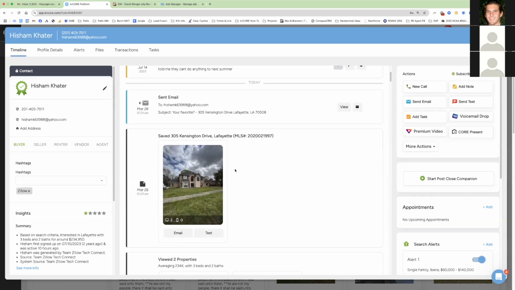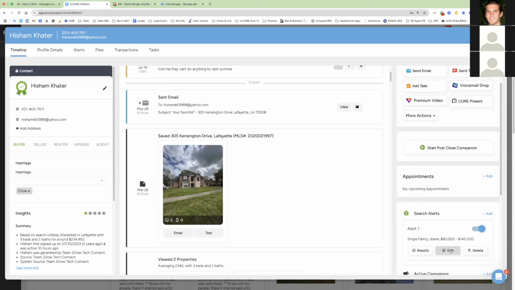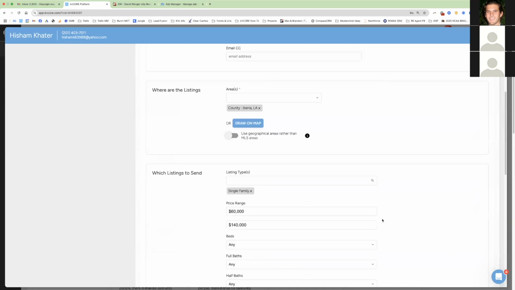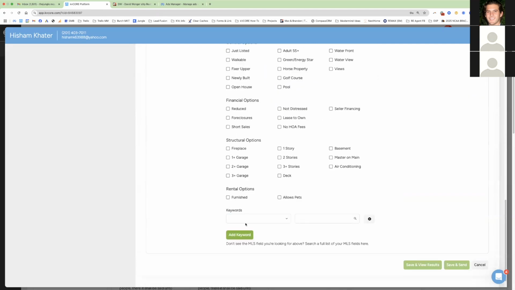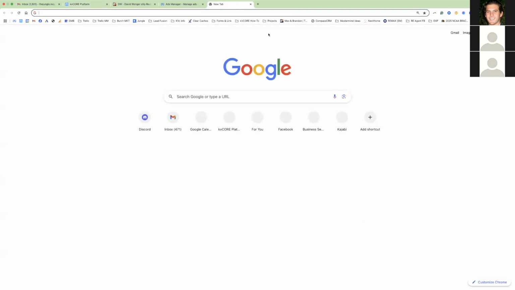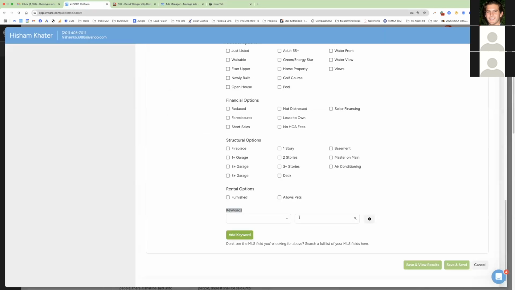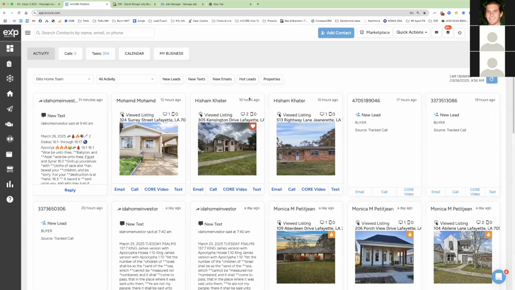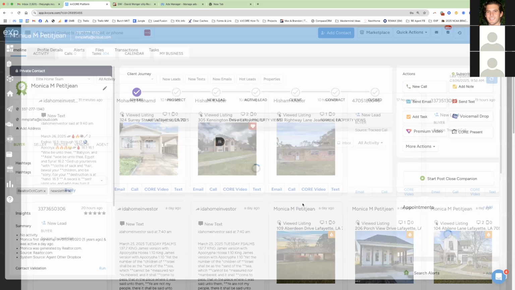It's just like your MLS, except you're now not in two different places. Still, it's so convenient because I run into that issue all the time. Same. I didn't realize you had the keyword there first. Even if this took you 5 extra minutes because you had to get your MLS pulled up in another tab, and yes, you had to find the categories, I would say that's well worth the extra couple minutes so you could start tracking all your clients and seeing what they're doing and what they're clicking on